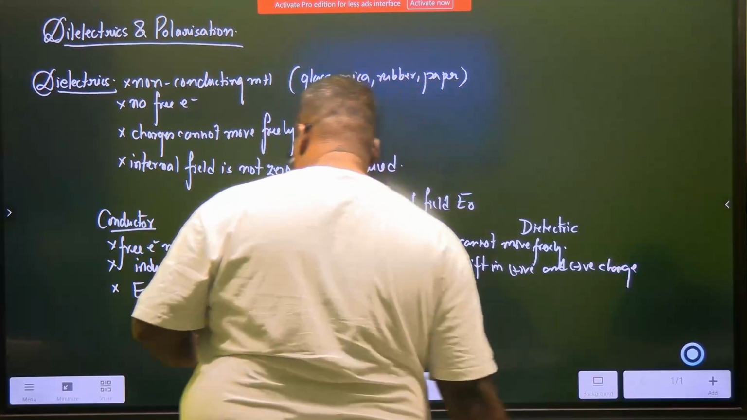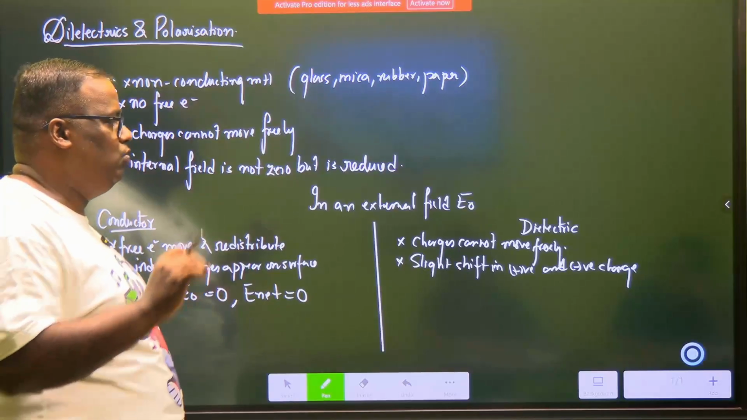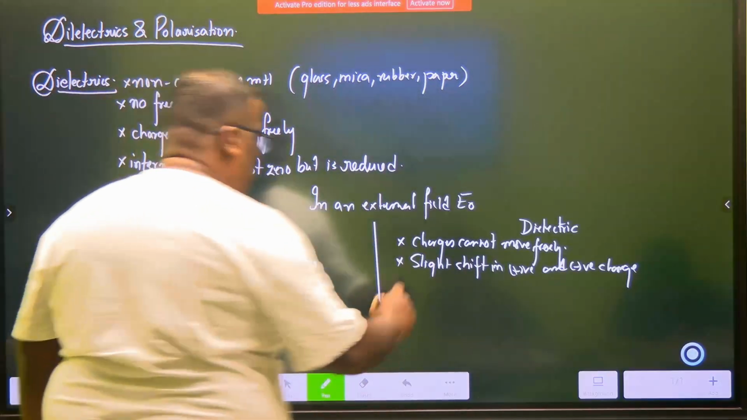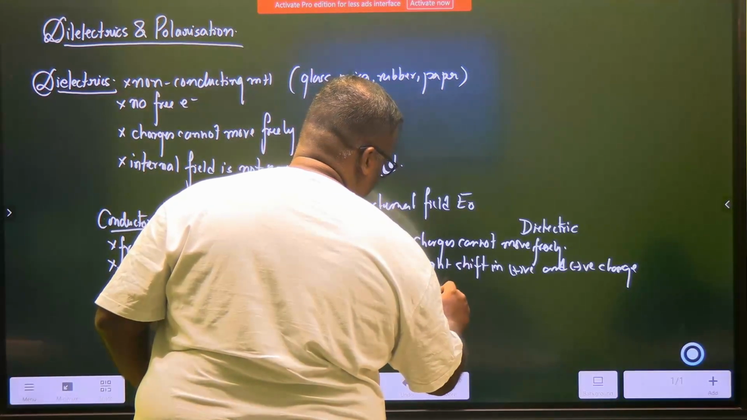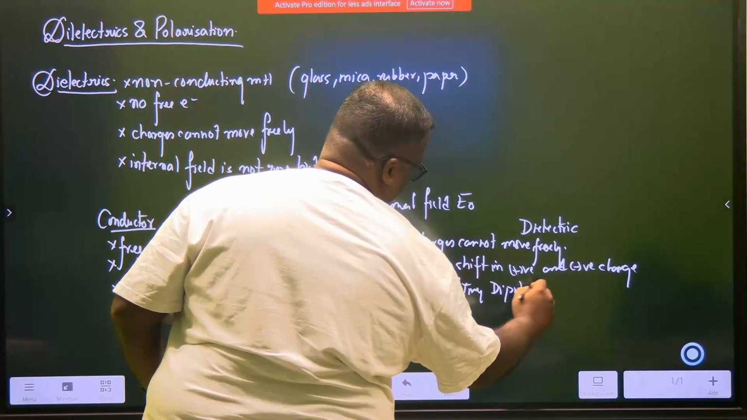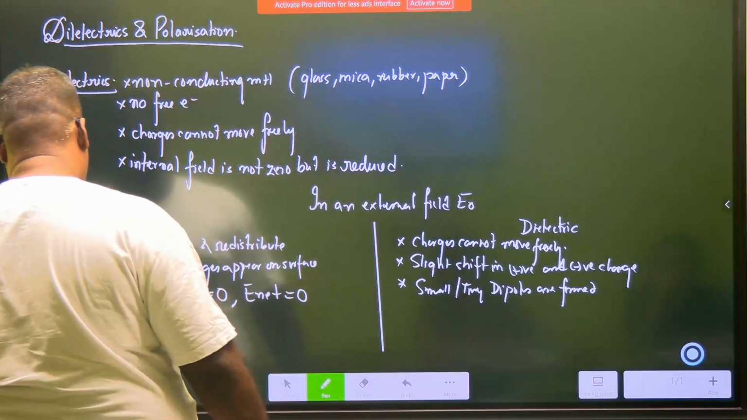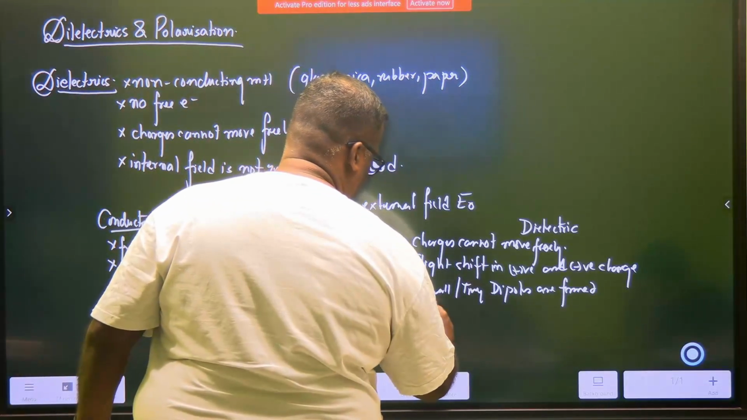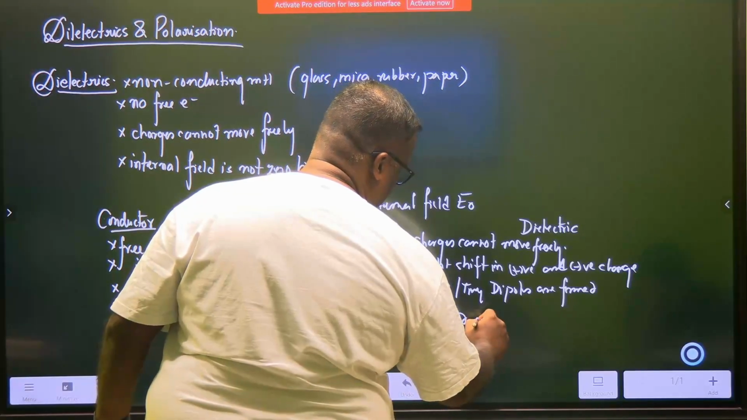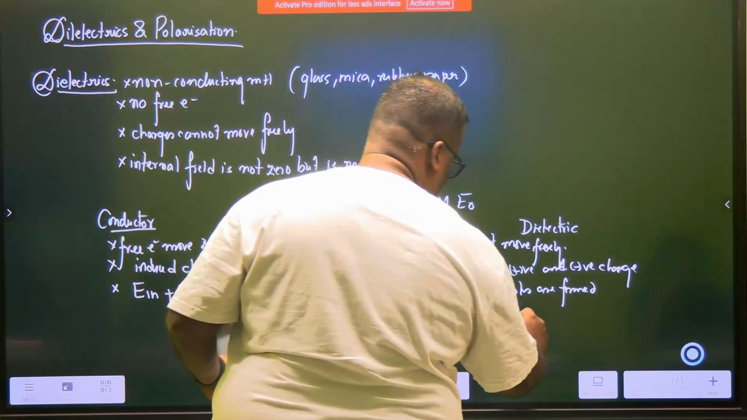So due to this slight shift, you will do what? Try to understand. In a dielectric, you will have a slight shift of positive and negative charge, small. So actually a dipole will be formed. Small or tiny dipoles are formed. Induced charges. This is the summary. We are going to study it in detail. Induced charges oppose E naught